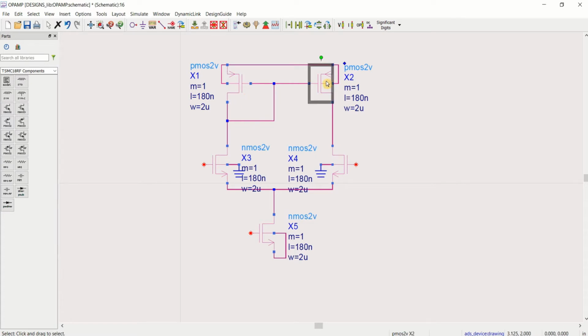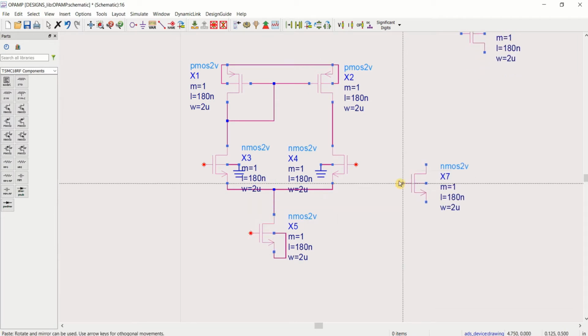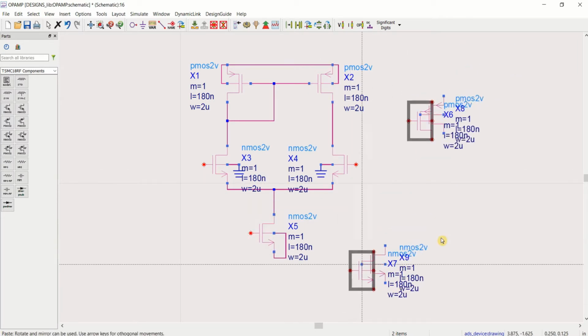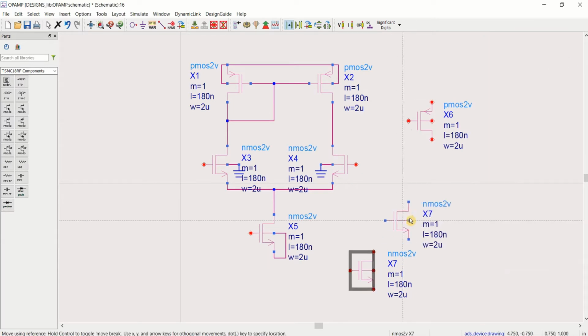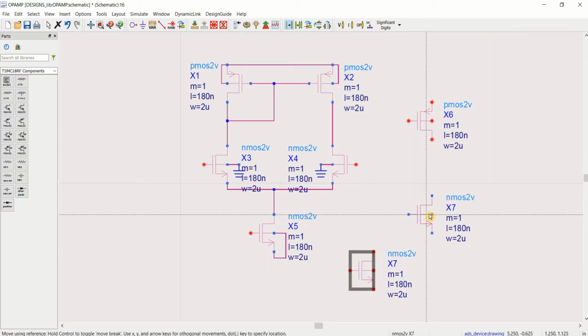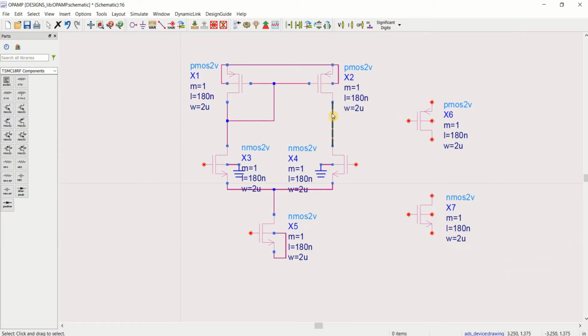Place a PMOS and NMOS at the output of the op-amp. Connect the output.